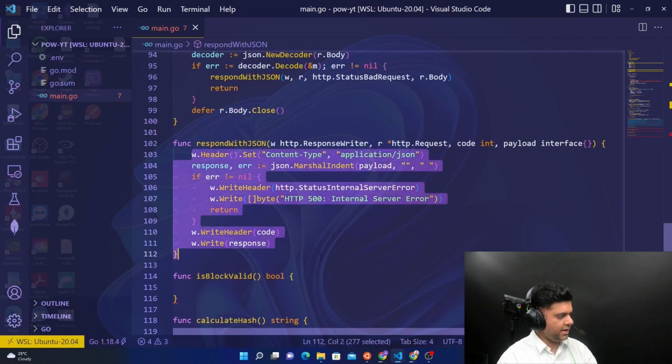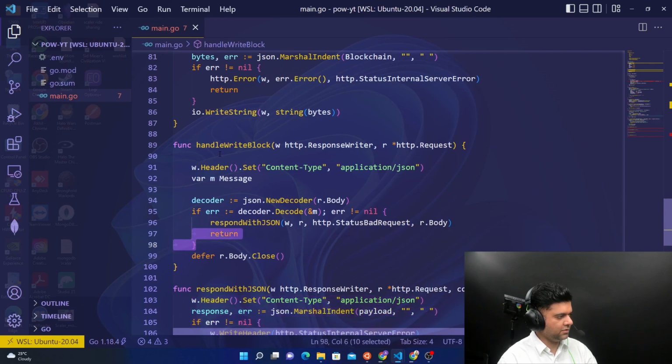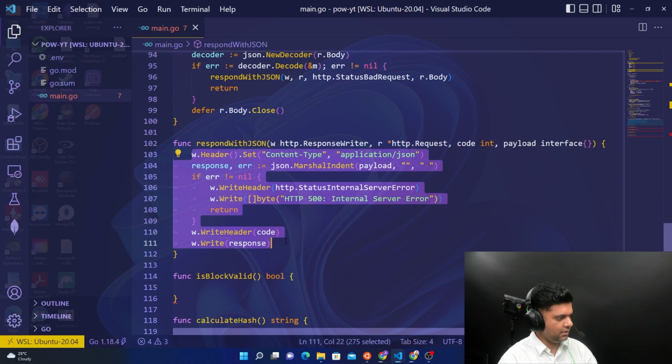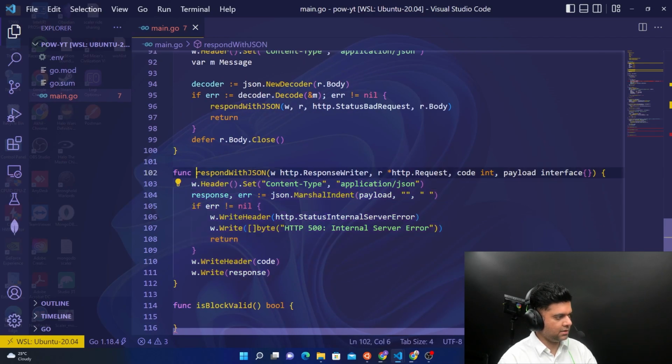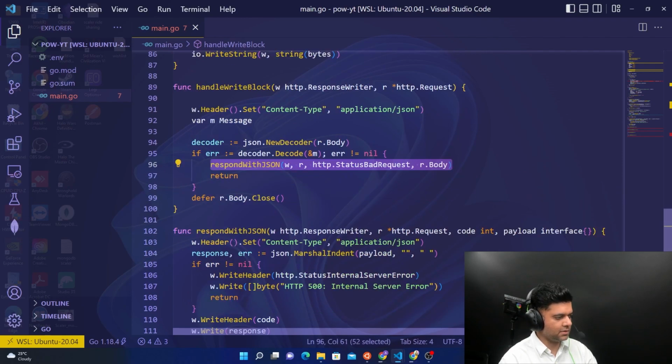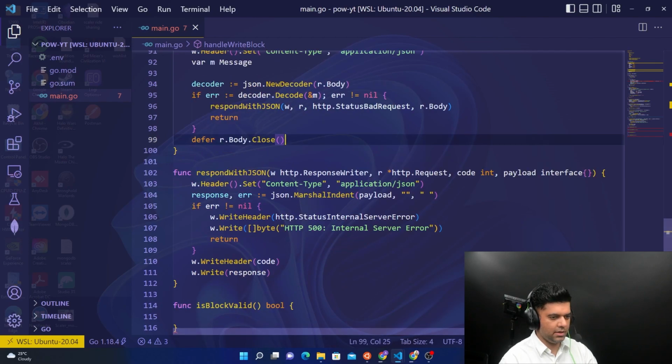Right, so instead of writing all of this out here, because we want the function to just handle the writing of the block and not working with JSON, that's why we created this special function for it. You don't have to create it, you can write the whole code here itself. Completely optional, okay? Now coming back to handle write block. We have closed the body, and now